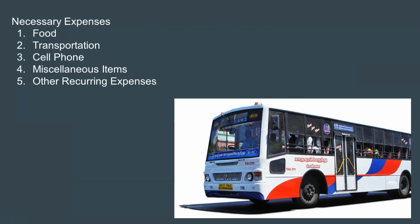There are also other recurring expenses that you need to think about. Again, if your bank charges a flat fee for withdrawing money, withdraw as much as you feel comfortable with at a time so that you make less trips to the ATM and don't incur as many ATM fees. Also, if you're studying abroad for a longer length of time, gym memberships and laundry may be more relevant expenses. As far as exercising, observe if it is socially acceptable to run at parks or around the neighborhood in your city,